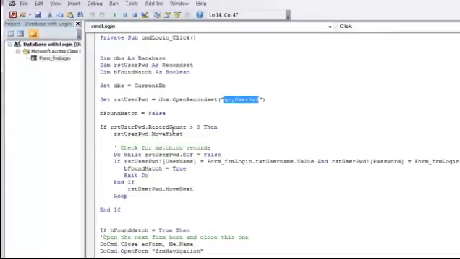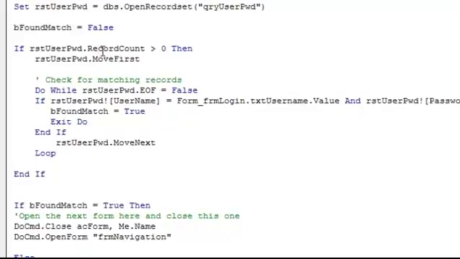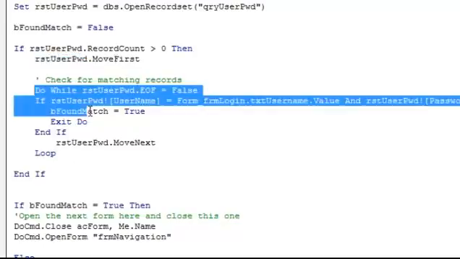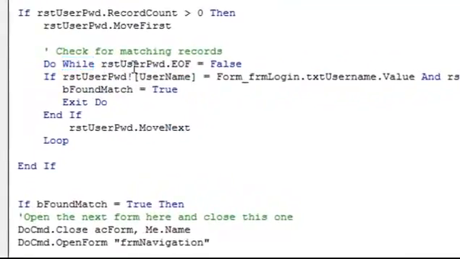Alright, so what we're going to do first is check to see are there any records, because we obviously don't need to do anything if we don't have any records there. And if there are records, we're telling it to move to the first record, and then we're telling it to go through a while loop here in the sequence. So we're saying do while, and while we're not at the end of the record set, so while record set EOF is equal to false,